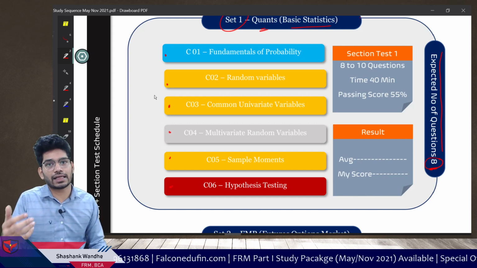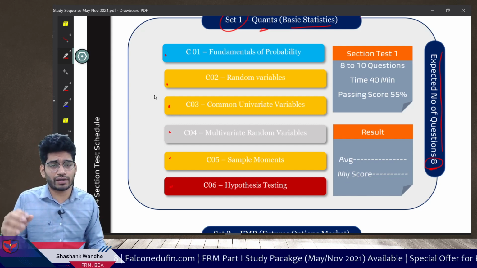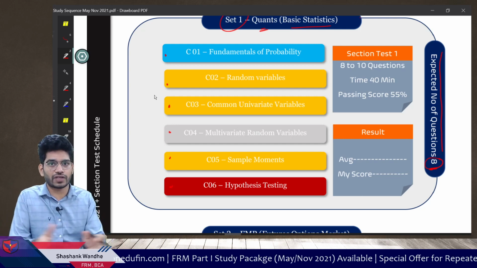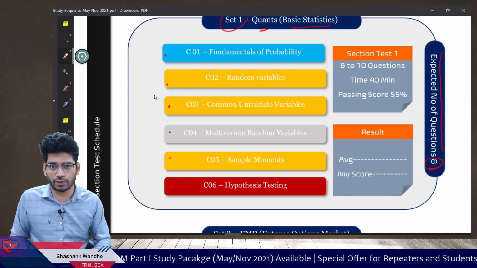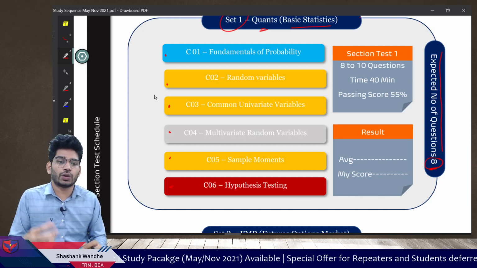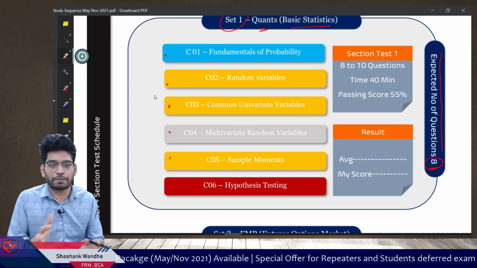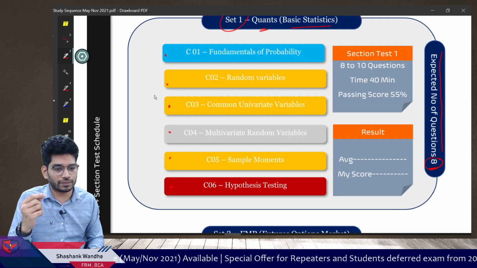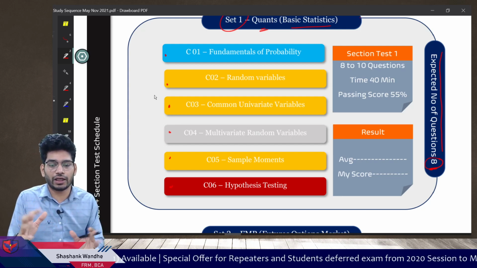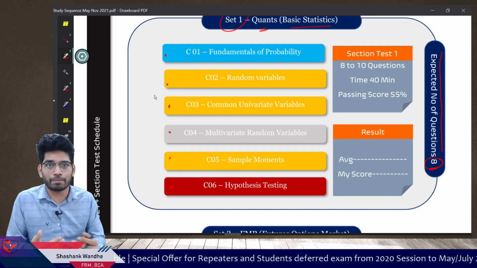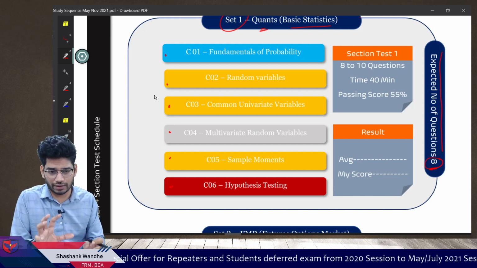In CBT, chances are GAP will use randomization, as in there will be a database of say 300 questions and the computer will randomly generate 100 questions and throw them in front of you. So it is not practically possible to give the expected number of questions for each chapter, but still there is a possibility because GAP might give you this particular advantage.